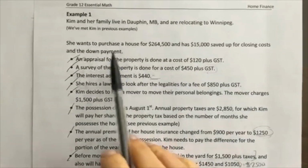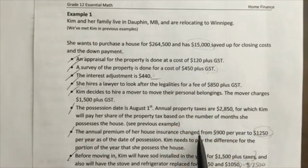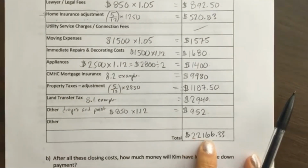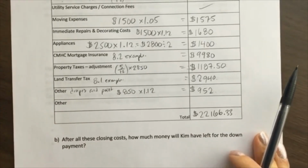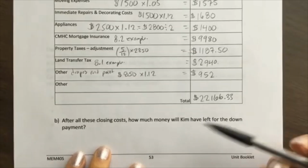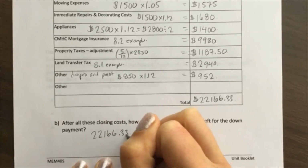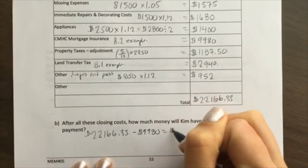If you take a look back at the beginning, it said she had $15,000 saved up for all of these costs and the down payment. That's not enough, okay? It looks like she's got more to pay than the $15,000. However, if we are in Manitoba, we're assuming that the CMHC insurance gets added to the mortgage payments. So it's not something you might have to pay up front. It just gets added to your mortgage payments. So if we take our $22,166.33 and subtract the $9,980,